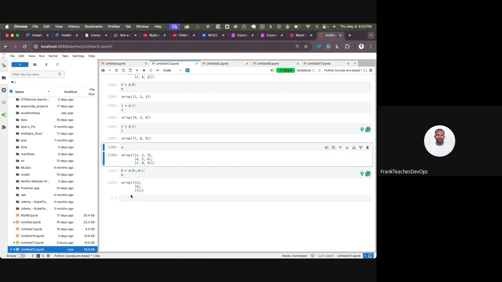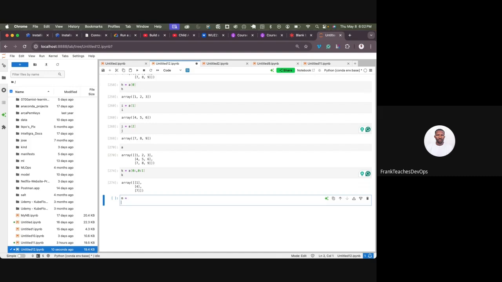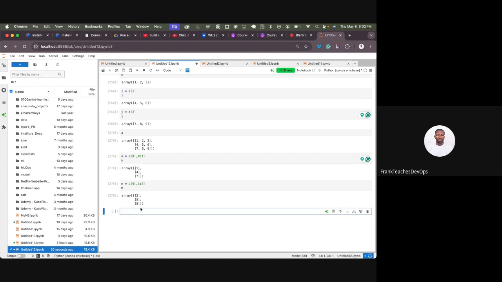All right, so the next one, M and N. So we have A of I, still on row 0, column, comma, 1 to 2. I'll have the second column. Then finally N, we complete N with A into row 0, column, comma,